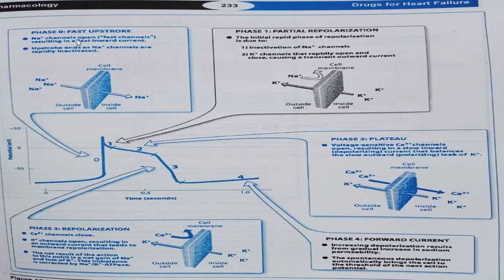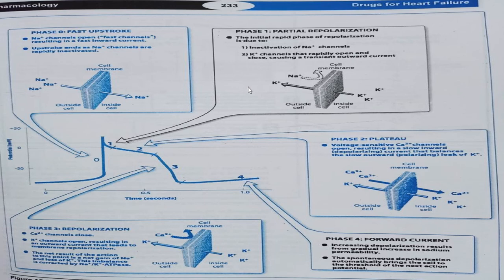In this rapid depolarization phase, what happens? Listen carefully. Opening of the fast sodium channels allows the sodium into the cytoplasm. As the sodium channels open, the immediate rapid entry of sodium results in this peak. After this stage,